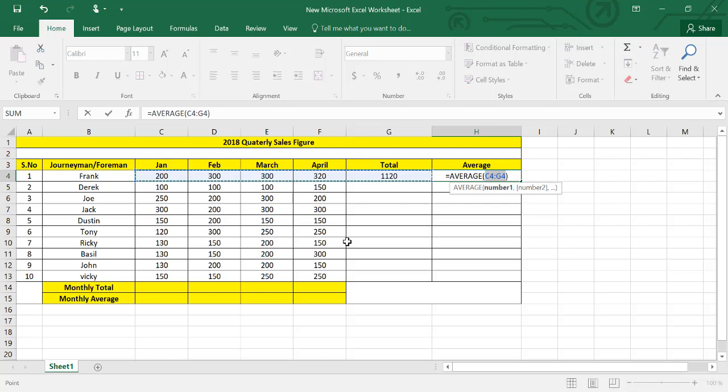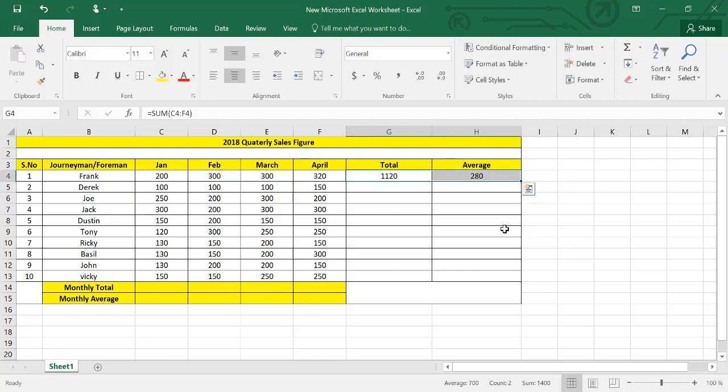So using its drop down, we will select average. Again the range is selected, but now it has selected the total. You can either reselect the range or simply deselect this one. But the better and easiest one would be to select the range again. So click here and select the range till here and then press enter. This is the same formula we wrote manually before. Press enter and there we have received the average value.